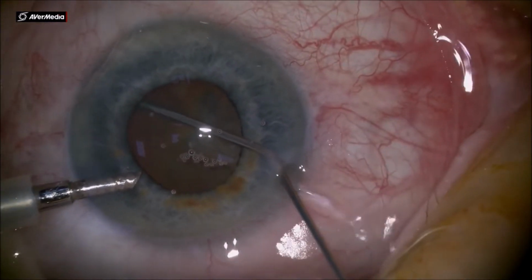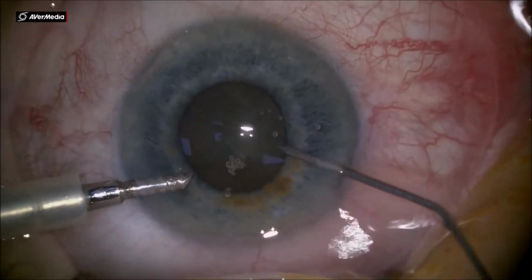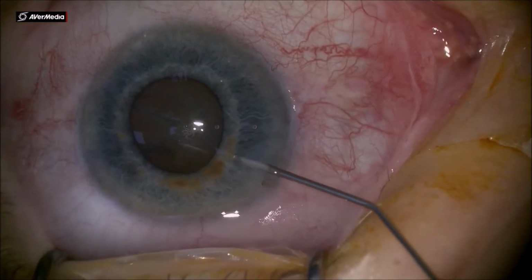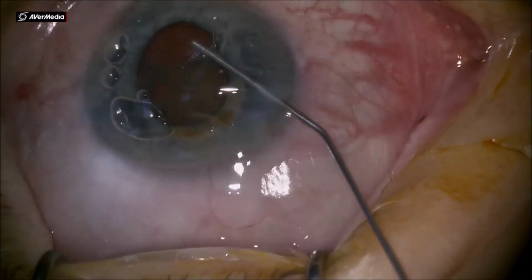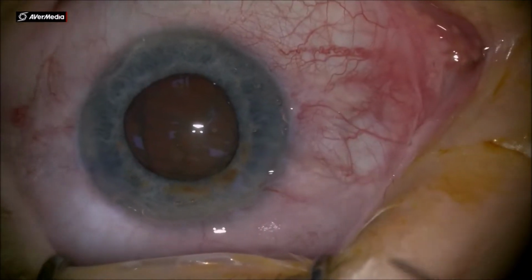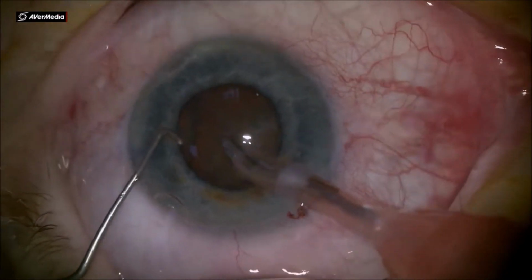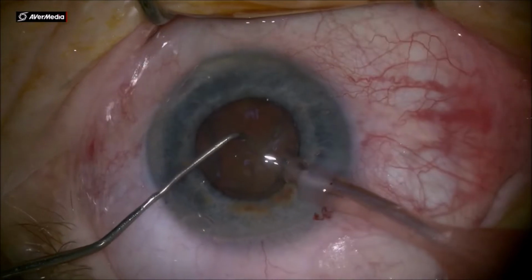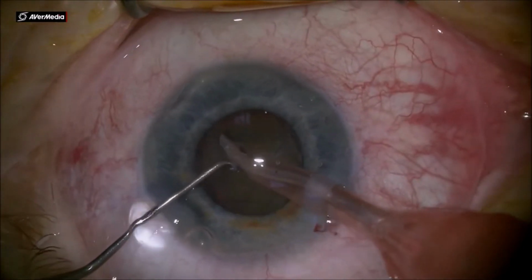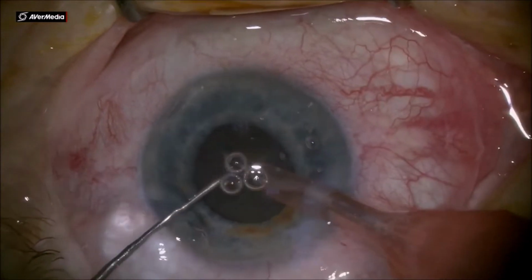And then I prefer in these small pupil cases to do the stop and chop technique. I find that is a safer method, safer way of taking out the cataract in my hands. Having a leathery nucleus, trying to do a larger trench in order to be able to go with the sleeve of the phaco needle a little bit deeper in